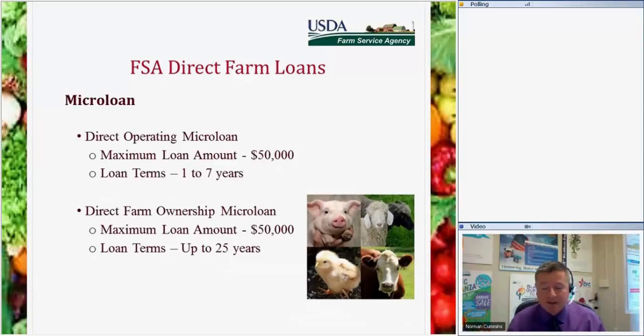We are looking at something under the new farm bill that's going to be looked at and come out sometime next year, where you can actually get the threshold of 50 in each. That was our initial intention, but right now we can't because of the definition of a microloan in the farm bill.